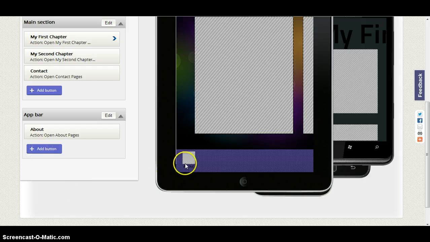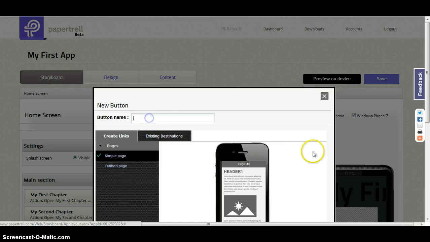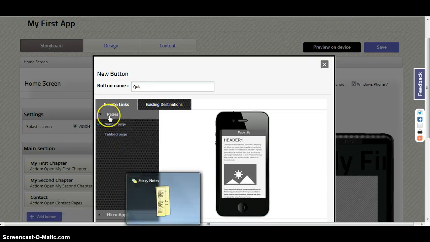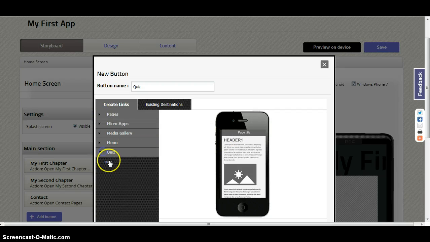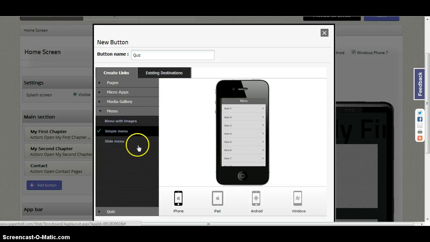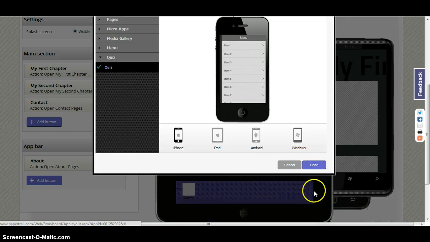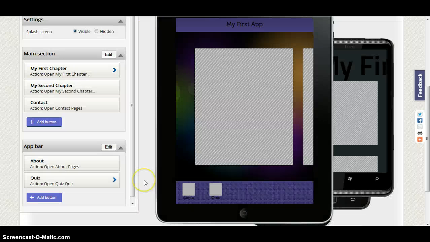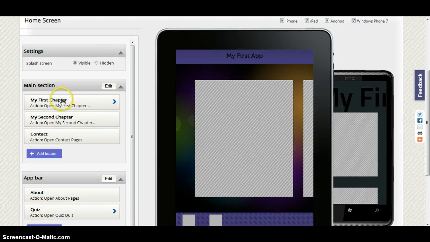Okay, so there you go. You get an icon at the bottom app bar, and I could create, let's say, a quiz. And I can choose a quiz component. Okay, or if I want to make it fancy, I could choose a menu, and within the menus, one of the options could be the quiz. So there are many ways in which you can construct a fairly comprehensive navigation structure using the tools that we have here. So let me show you quickly how to create